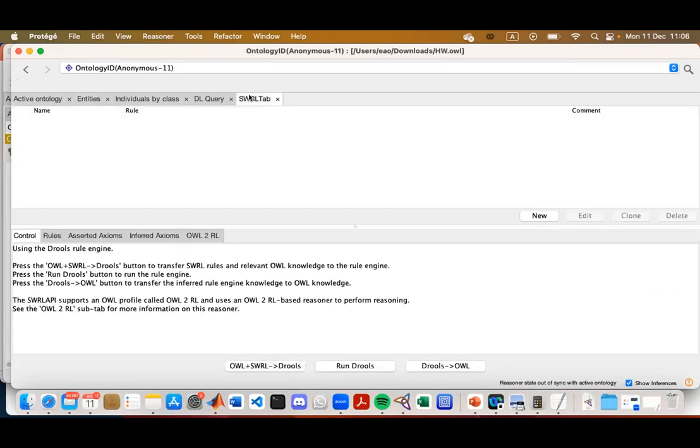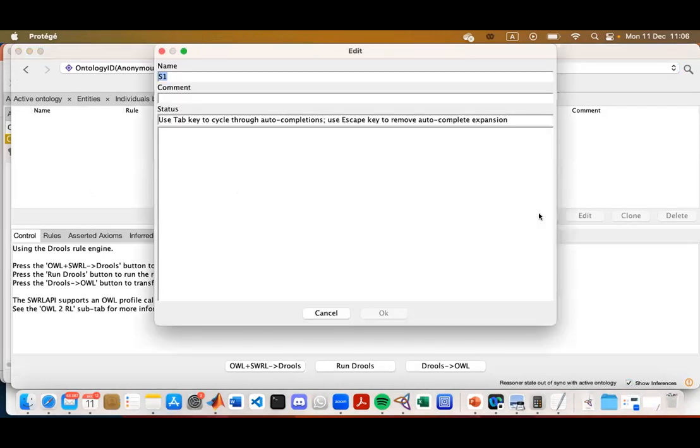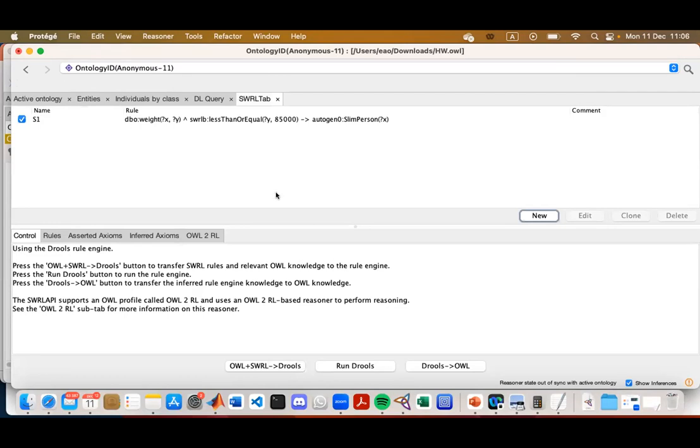But again, now we go to the rules, and I will copy it. Now it doesn't complain. Now this is a valid OWL concept or term, and then it will populate the individuals of this term. So let me see, what's going on?